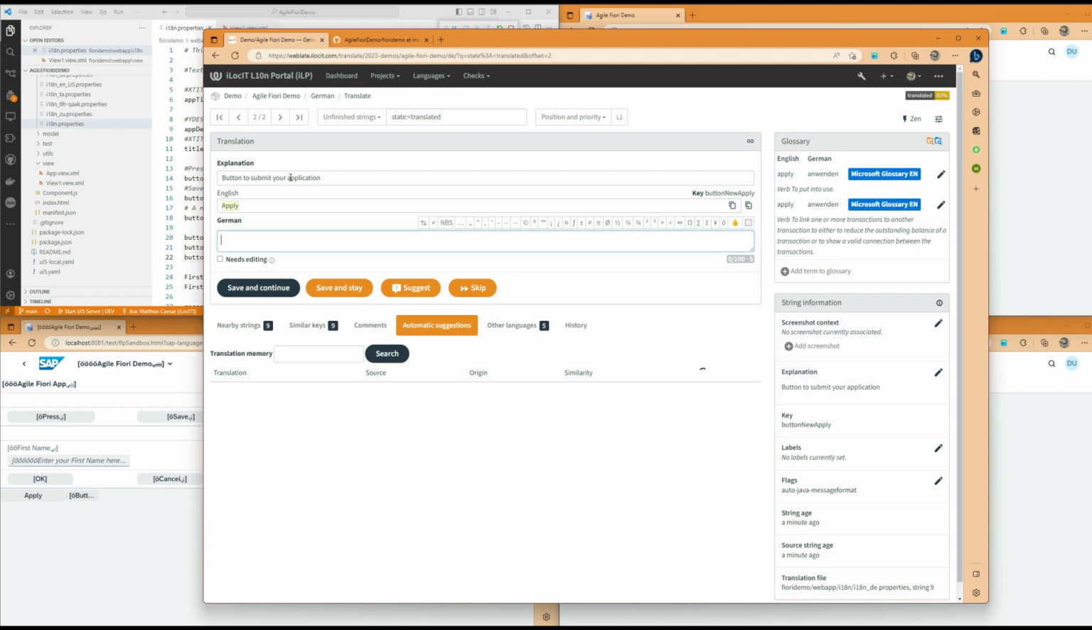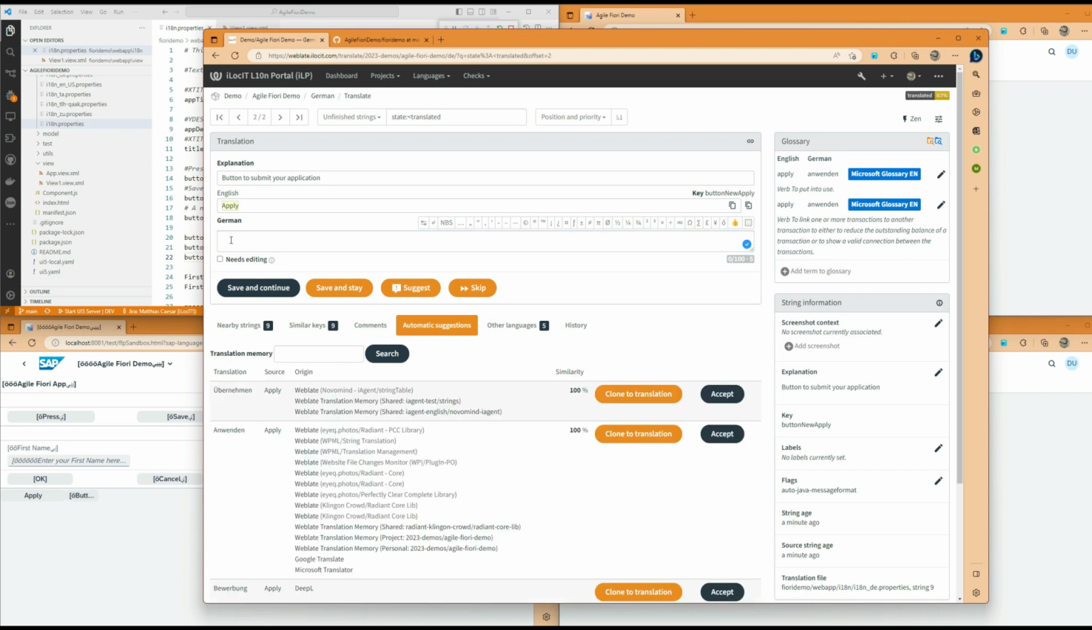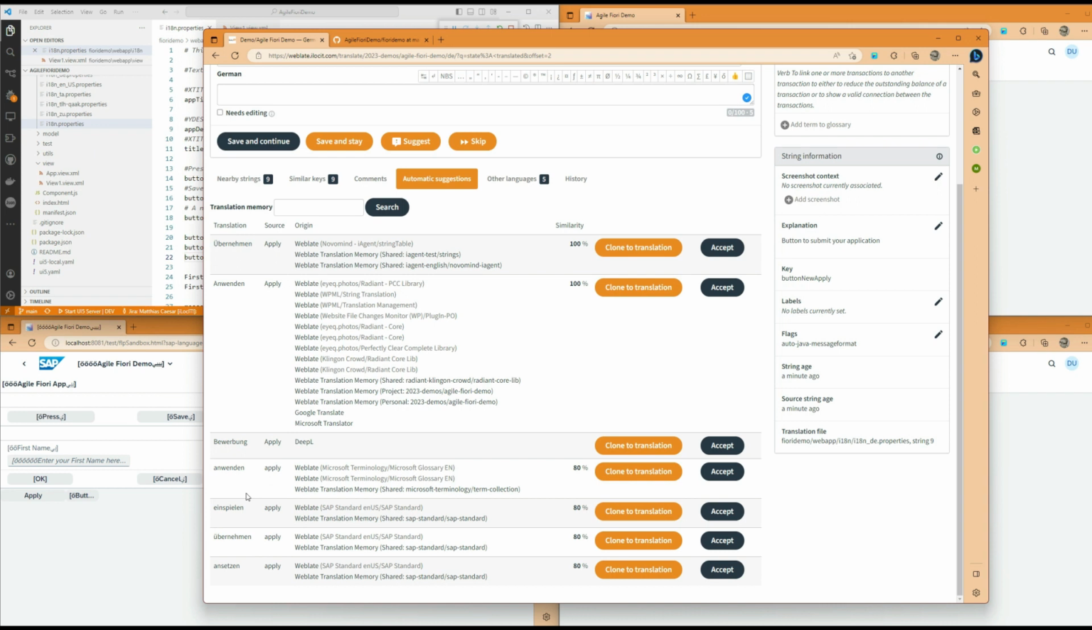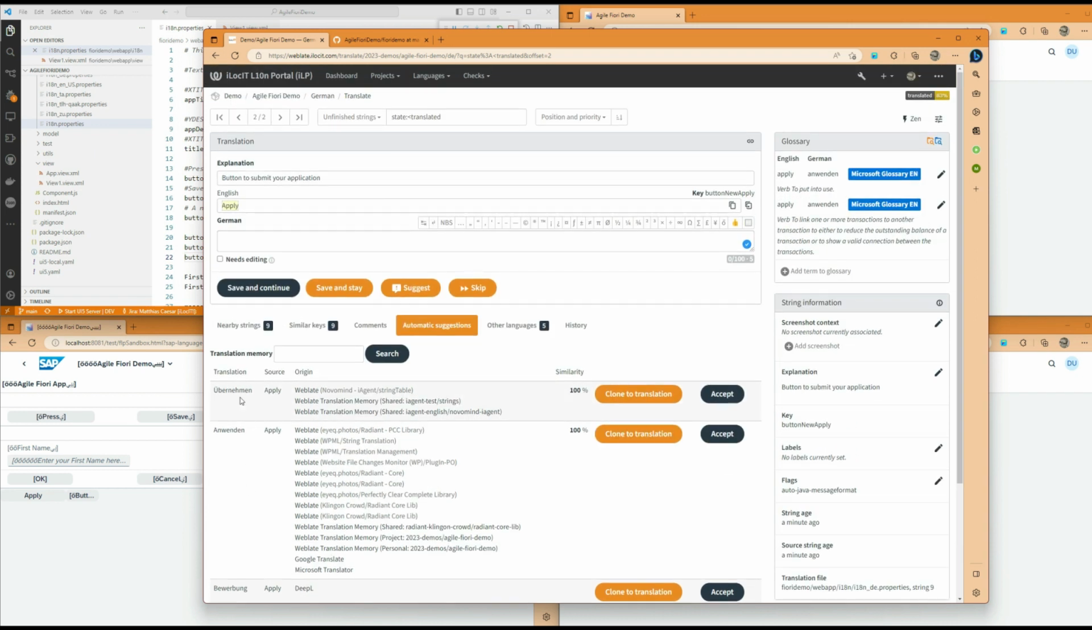For instance, here when you then translate German, you see that description and you know that you shouldn't use anwenden or any other suggestion that might come up, because here we're applying for a job and that button means we will submit our application. In German that would be bewerben. So we save this translation,